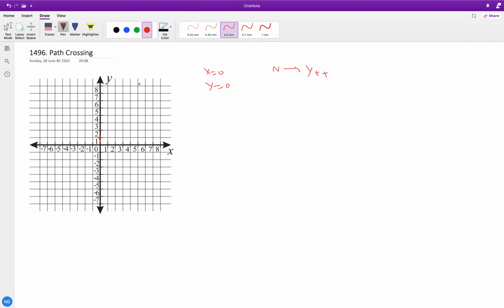Because this is our y, north is in the y direction, and here is east, and this is south, and this side, let's call it, west. So if we go south, we will decrease the y coordinate by 1, and if we go east, we will increase x by 1, and if we go west, we will decrease x by 1.